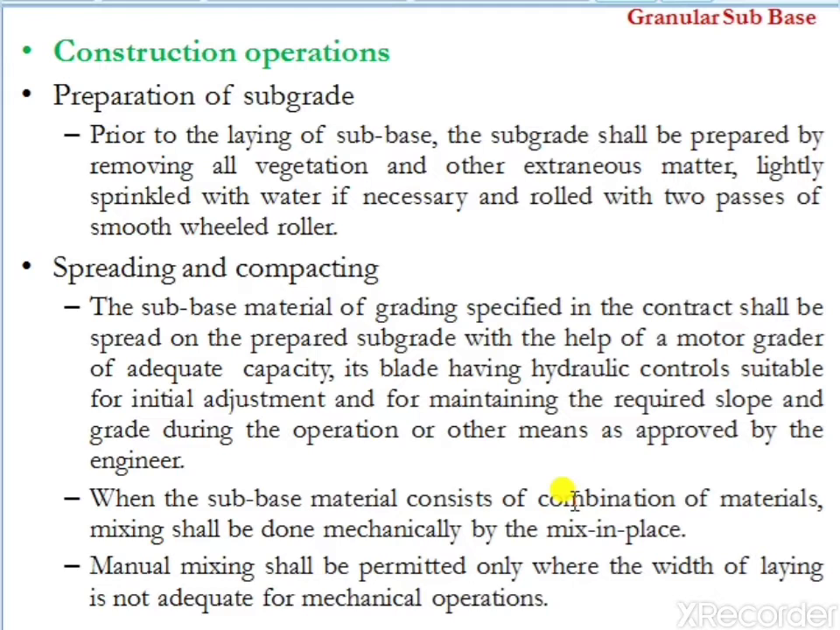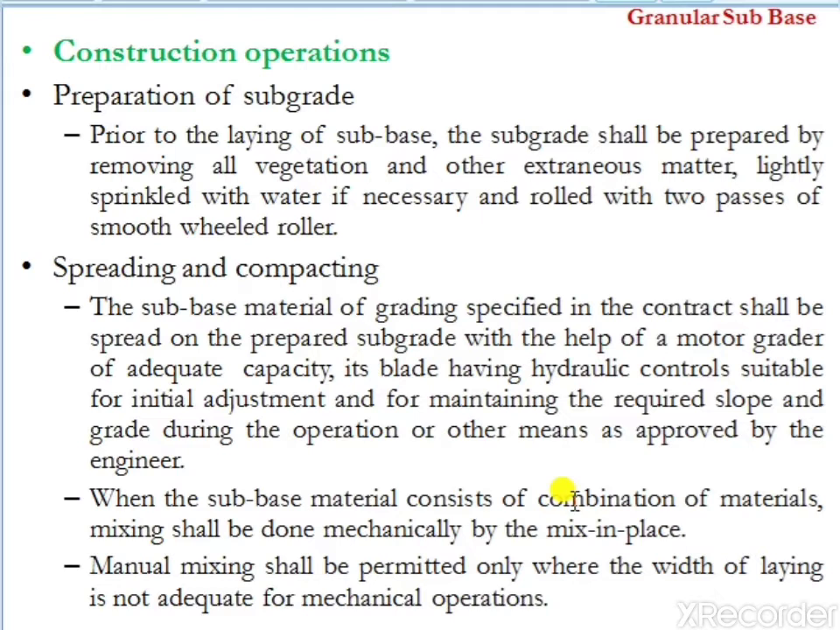Prior to the laying of subbase, the subgrade shall be prepared by removing all vegetation and other extraneous matter, lightly sprinkled with water if necessary, and rolled with 2 passes of a smooth wheeled roller. Subgrade is a layer which is below the subbase. So before laying of a subbase, the subgrade should be prepared. How do we make the subgrade suitable for the laying of the next layer over it? Here before laying of granular subbase, the subgrade